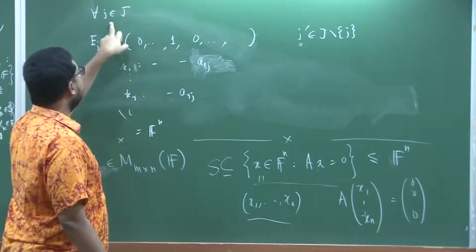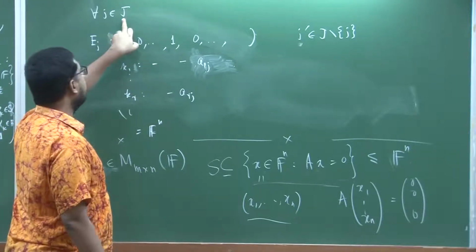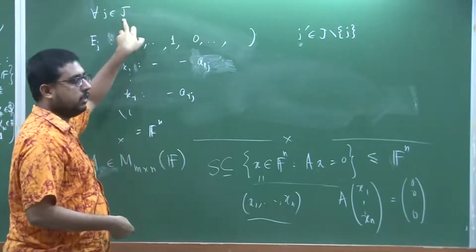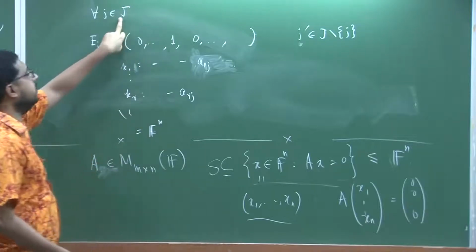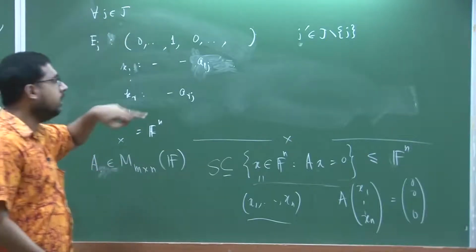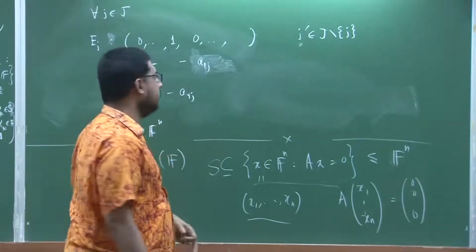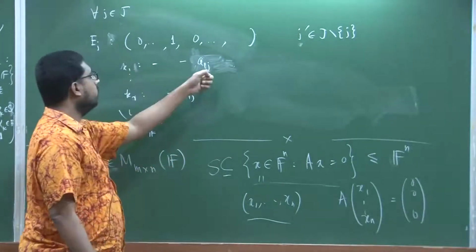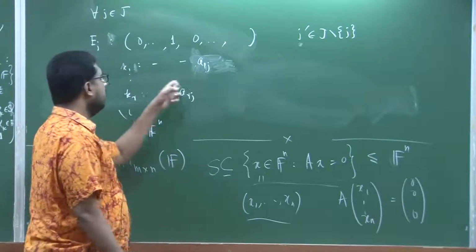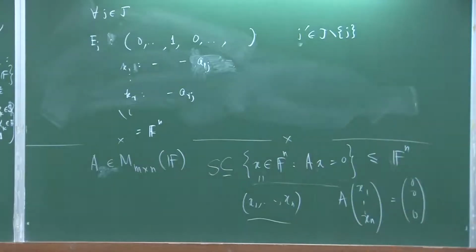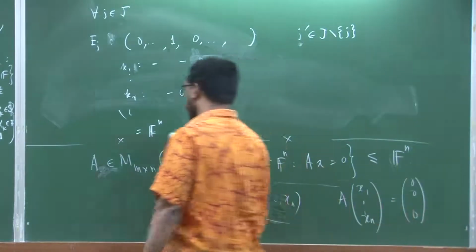In the jth position it will have 1, and the other positions corresponding to the other points in capital J will be 0, and so we are left with k1, k2, ..., kr, only these many positions. On the k1 position the coordinate will be minus a1j, and similarly in the kr position it will be minus arj. So, corresponding to each j we have such a vector Ej. So, the set that we want to consider